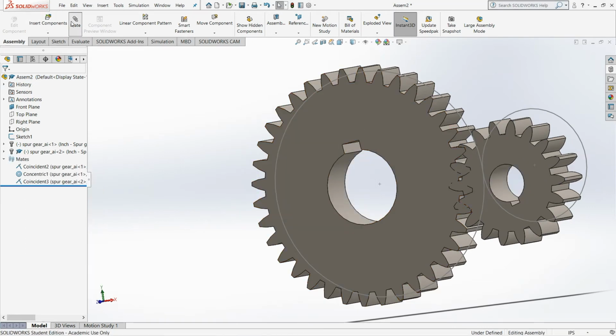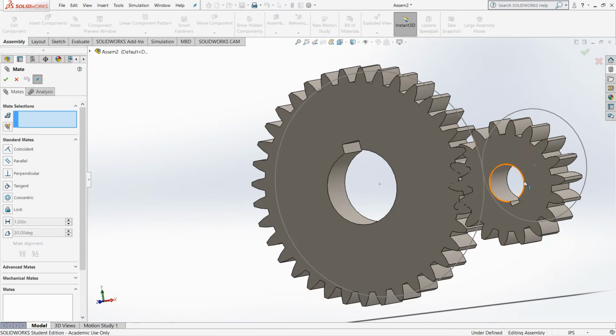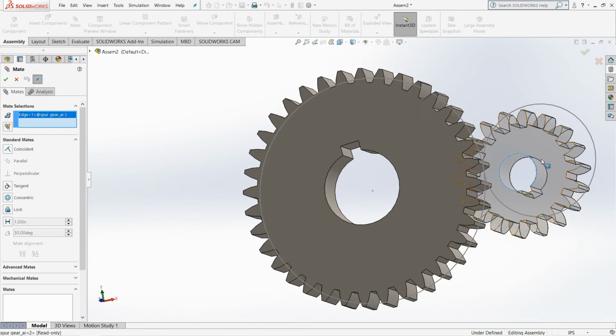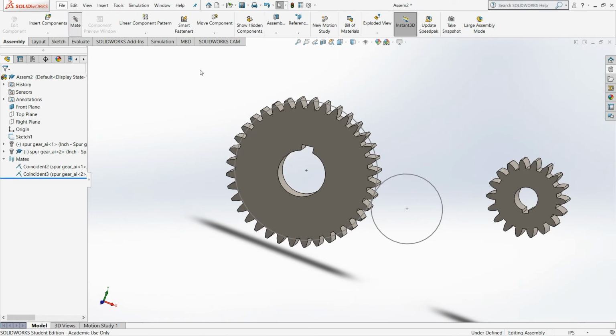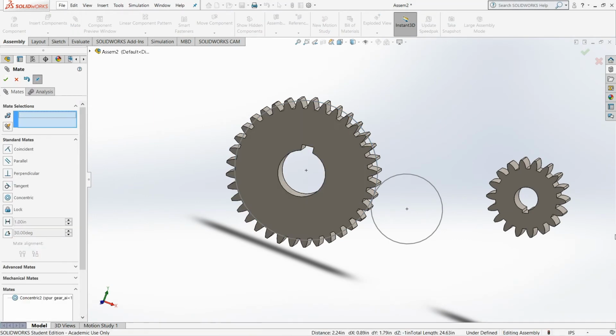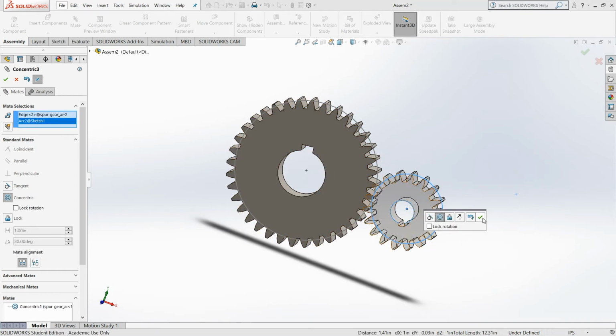I think the outer cylinder should be concentric with this cylinder. It will be good. Like this outer cylinder with the outer circle I have drawn. If I make them concentric, it will be good.